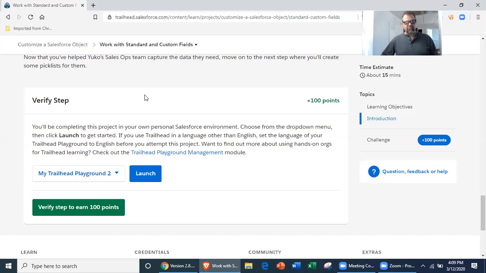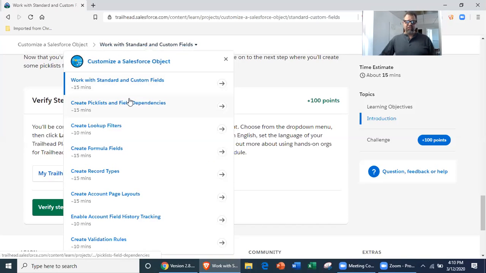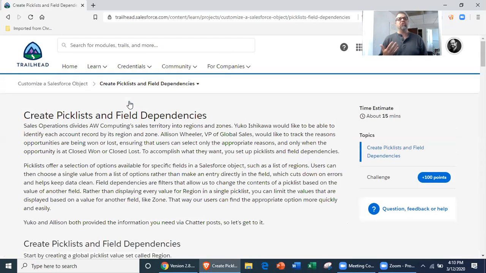All right. So we're going to go to the next module that you should have done as a part of your review: create pick lists and field dependencies. This is how pick lists are a great tool to add specific information without the user typing it in incorrectly. However, if you collect a lot of specific information, it's never a good idea to, let's say, for example,